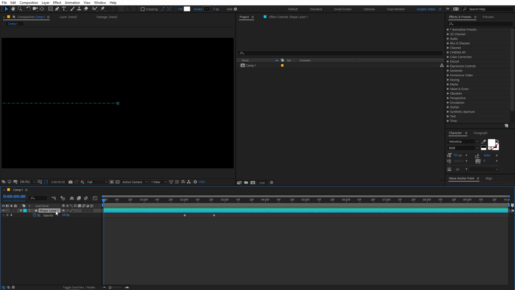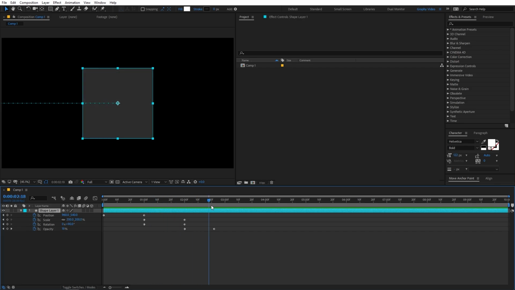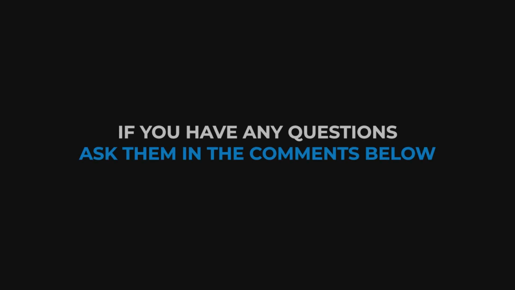If you want to see all the keyframes, you can select the layer, then press U, and it will show all the keyframes that you have added so far. This is the end of part 6, and in part 7 we will learn about keyframe interpolation. The upcoming parts are very important because they will help you in creating smooth animation, and they will also help you have more control on your keyframes.